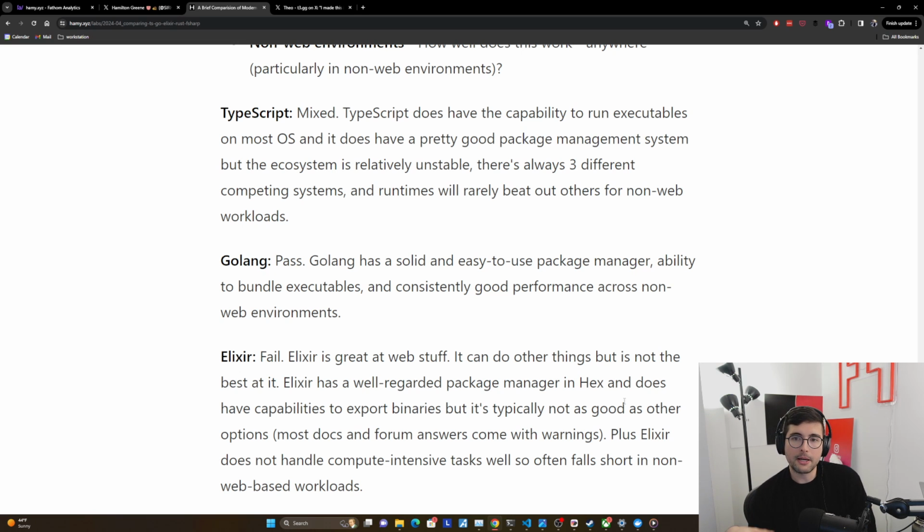And so when we're thinking about moving this into a non-web environment, why are we doing that? Well, we probably want it to work on pretty low resources. We want it to work pretty fast. Maybe it's a data intensive workload. Maybe it's a low level thing. Elixir is probably just not the best at that. And so for all these reasons, Elixir gets a mostly fail. You probably just wouldn't choose it for this.